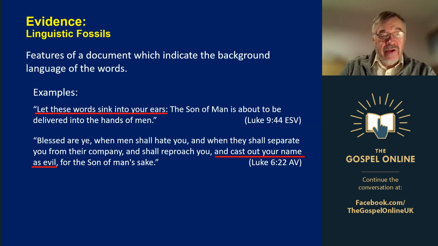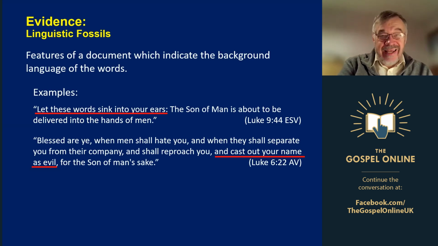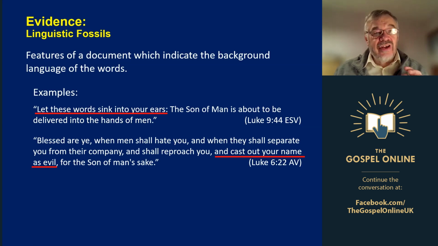I had to quote that from the authorized version because it doesn't really come in English very much, and the other translations tend to say things like revile you, cast out your name as evil. It's very much something that might have been said in first century Judea or in first century Galilee, but it's not something that would appear in Greek, and it's not something that would appear in English for that matter normally. So again, we've got this connection to the language that was being spoken in Judea and Galilee at the time of Jesus, whereas the Gospels are written for Greek readers. That's why they're written in Greek.